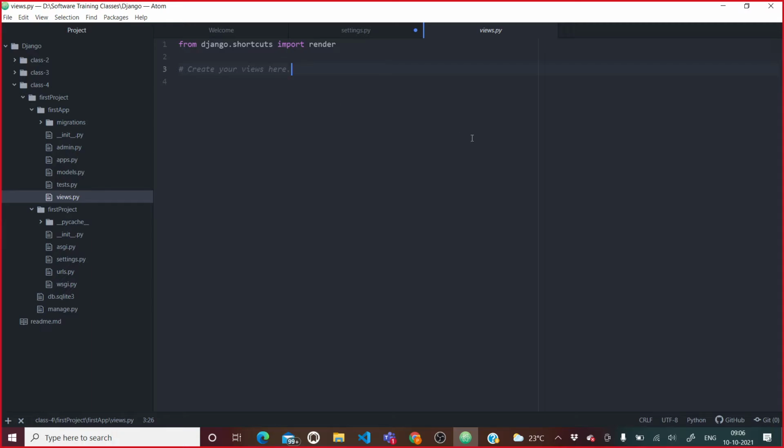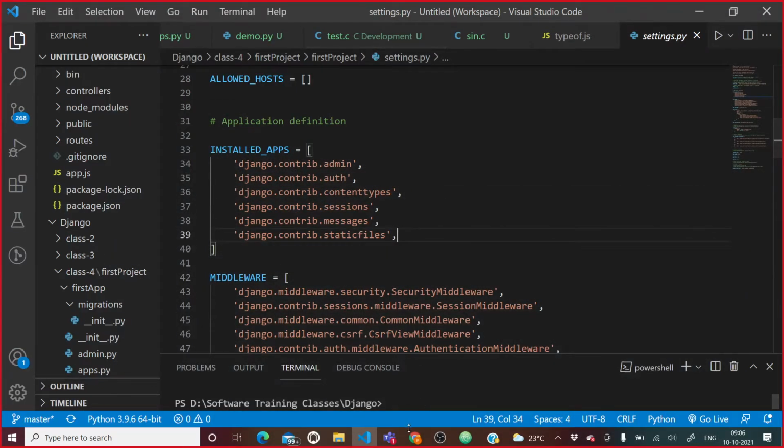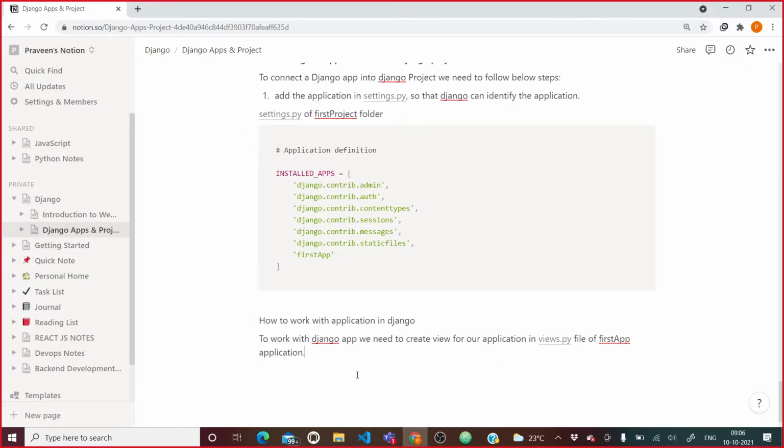So how can we write the view? To write the view, first you need to know exactly what this view does. View is responsible to prepare the required response to the end user.